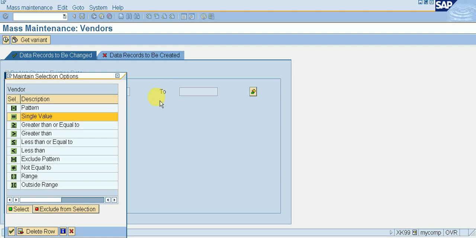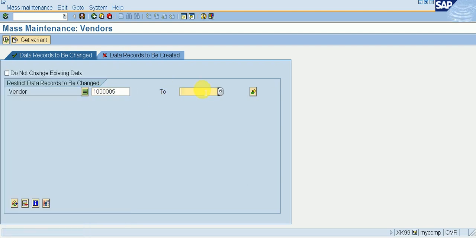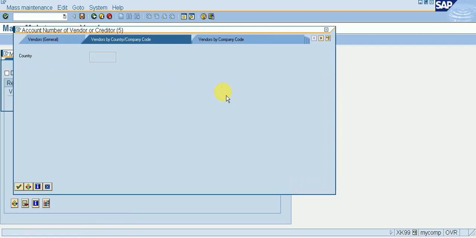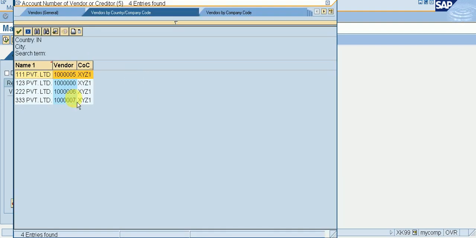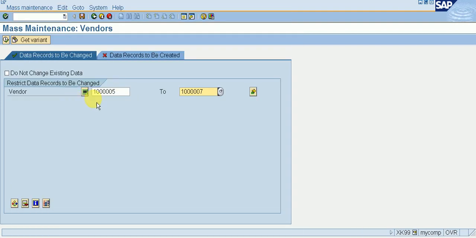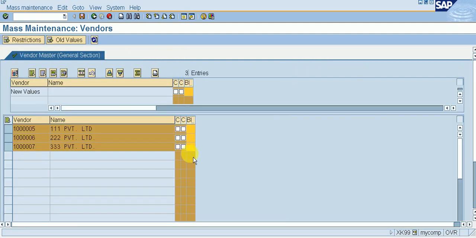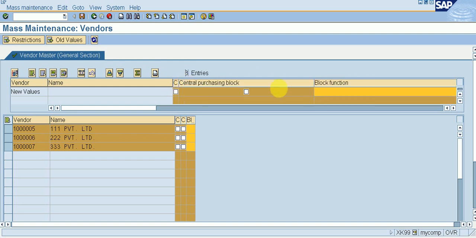Okay, or we can find here. Okay, then execute it. So what we can see here, the options which we had selected.